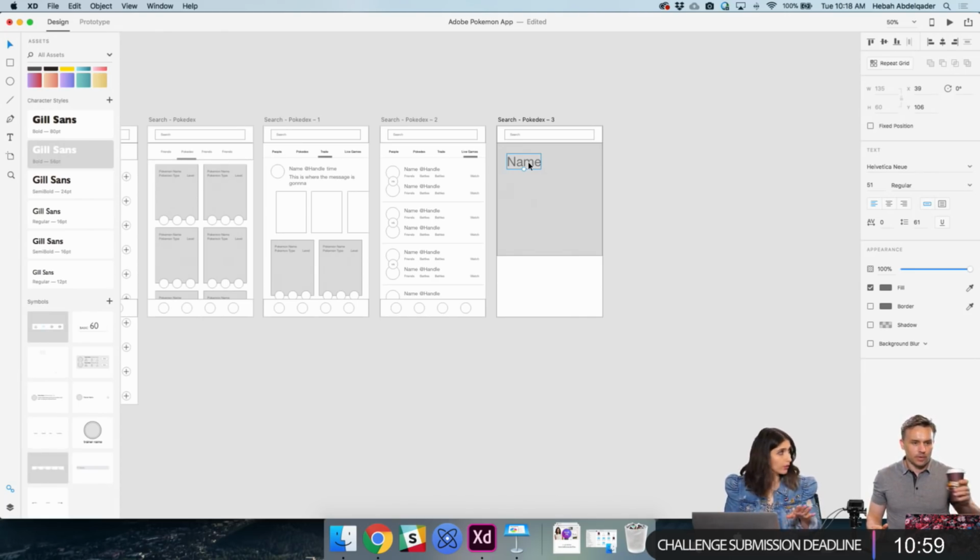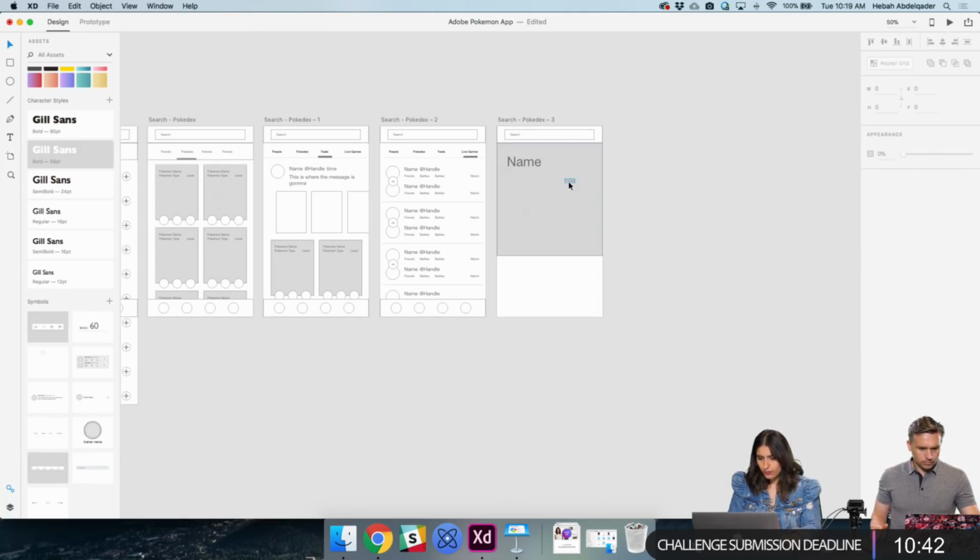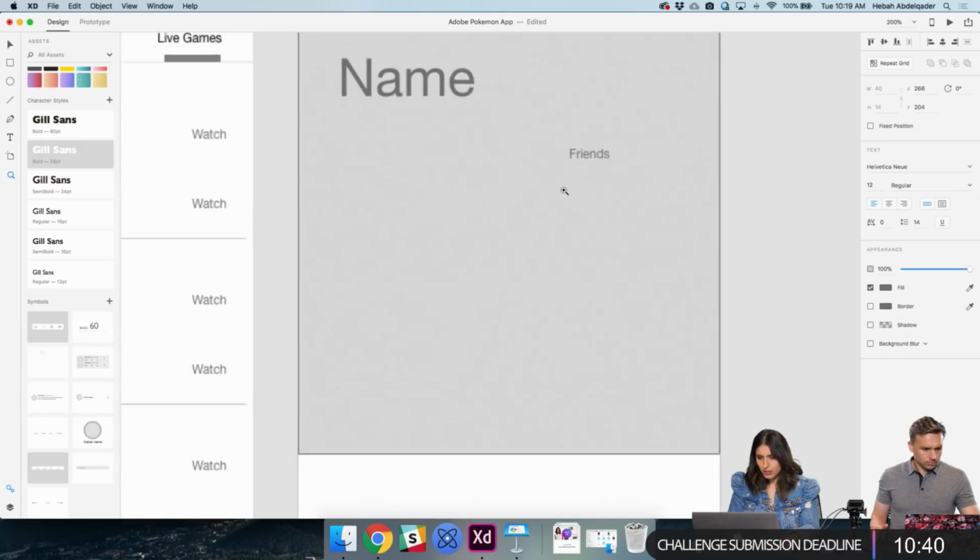Right now, we're just solving problems as much as possible. So we have an image, we have your name, we're going to have your stats. So we're going to come in here. It's how many friends do you have? Let's make this small. Let's just go back to 12, right? And I'm going to zoom in so you guys can see what I'm doing.